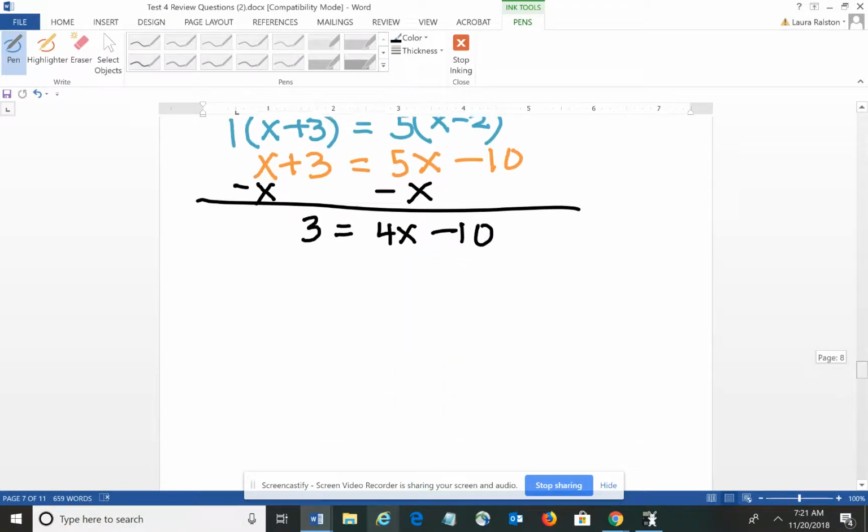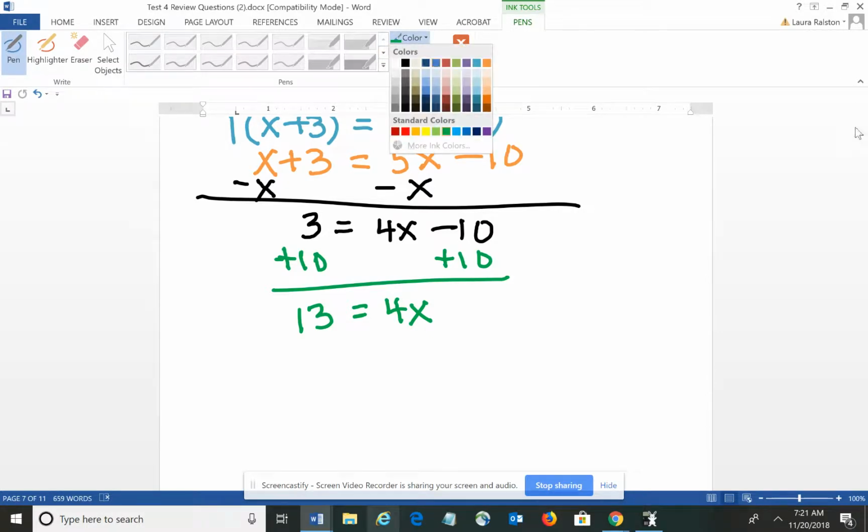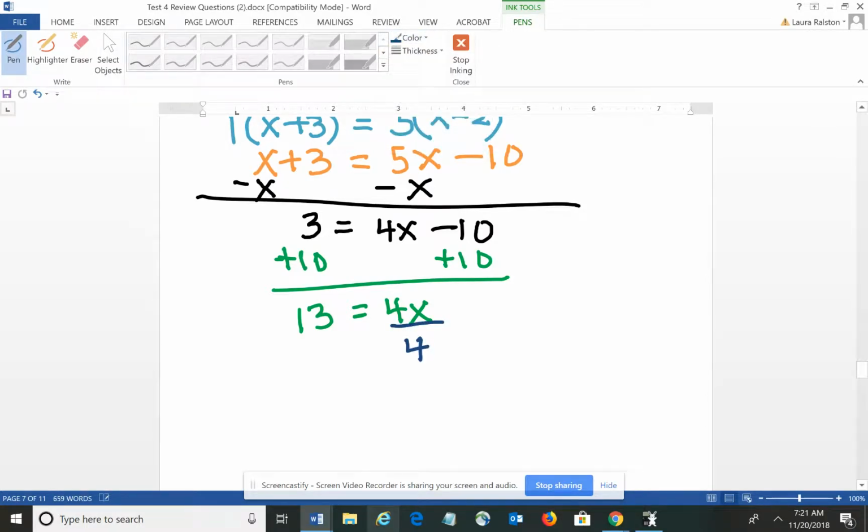I need to move the 10 to the other side. And to do that, I'm going to add 10. So I have 13 equals 4x. Finally, I'm going to divide both sides by 4. So I have 13 fourths